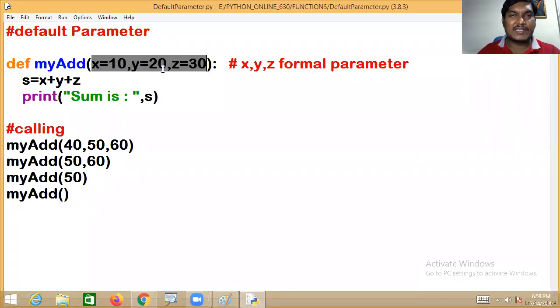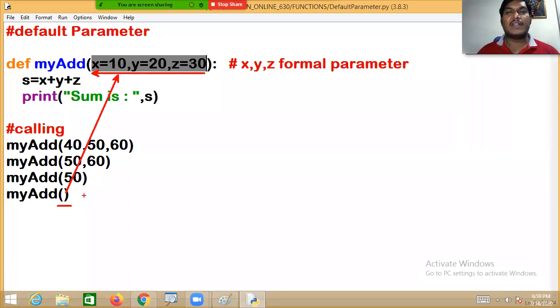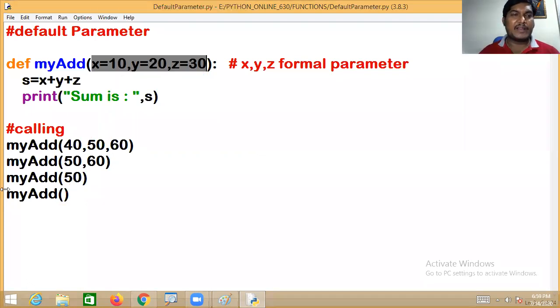If we fail to pass values while calling the function, then the default parameters will be taken. We have already seen this in some applications. So this is exactly the default parameter. Yes, that's it, my dear.